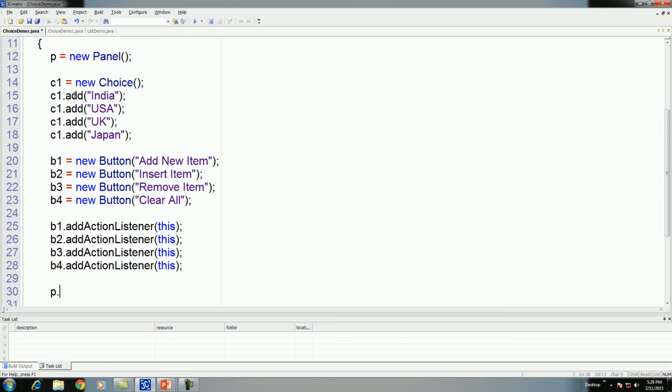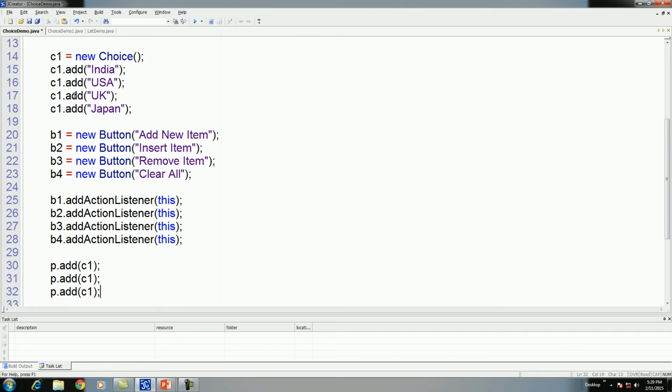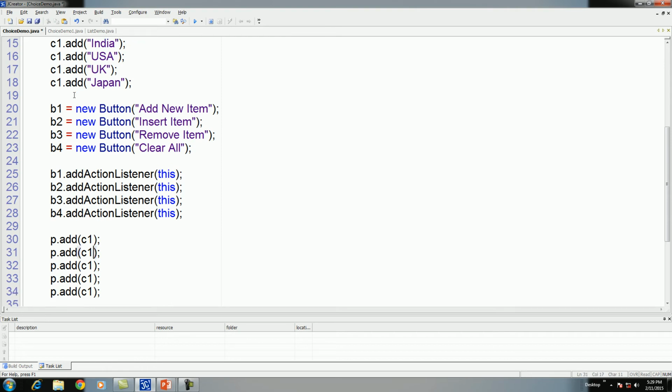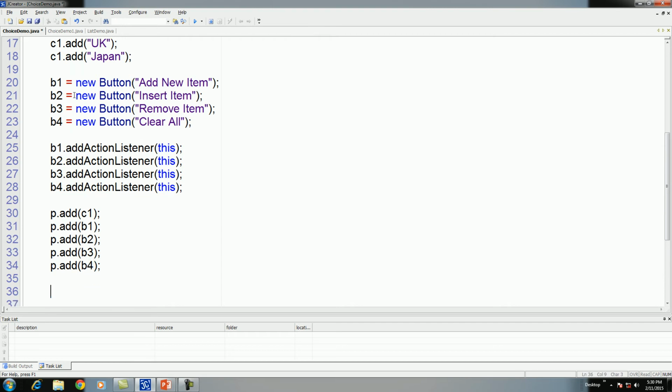Okay, now add one by one. First, add the combo box. After that, all these four buttons. Oh, here is B1. Okay, now add the panel to a frame.